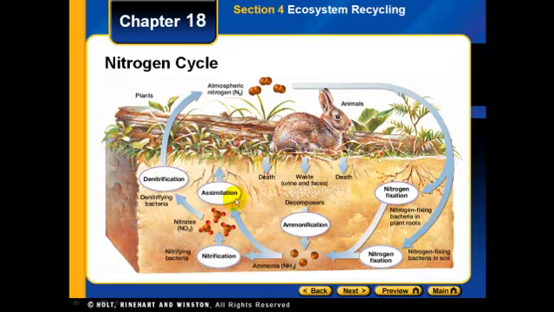Okay, so here's our diagram. So you have nitrogen in the atmosphere, okay, and nitrogen fixation is going to occur. They need to change this nitrogen gas into ammonia, which is usable. So nitrogen fixation is going to do that. These are bacteria that are in the soil and in plant roots that are going to do nitrogen fixation